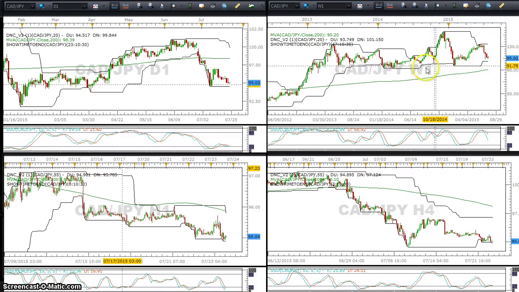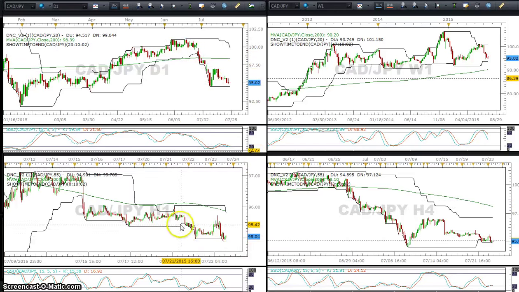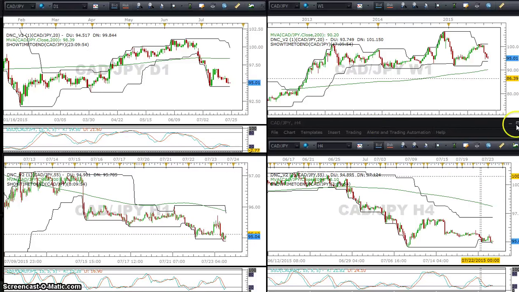So CAD yen, we can see it move down, touch the upper channel, hasn't quite taken out the lower channel yet, and it might not, but it hasn't taken it out at this point on the weekly chart, where we've got good angle and separation on slow stochastics, which shows momentum, increasing angle and separation. So potentially it's set up to take out that lower channel. And here we've got touched the upper channel, took out the lower channel. This pair has already kicked off a trade on the lower time frame, the 1 hour chart. It's also taken out the lower channel